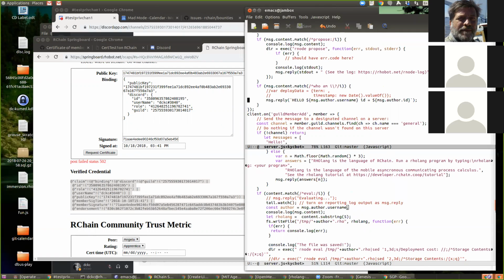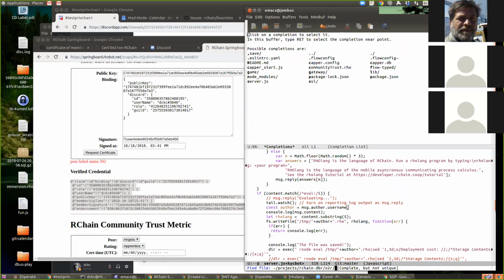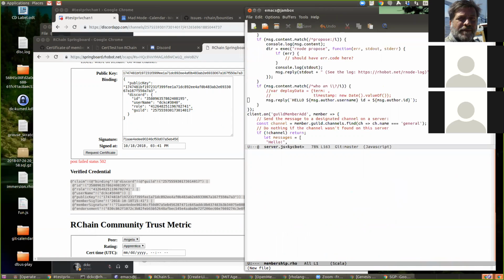So perhaps we should create a key value store.